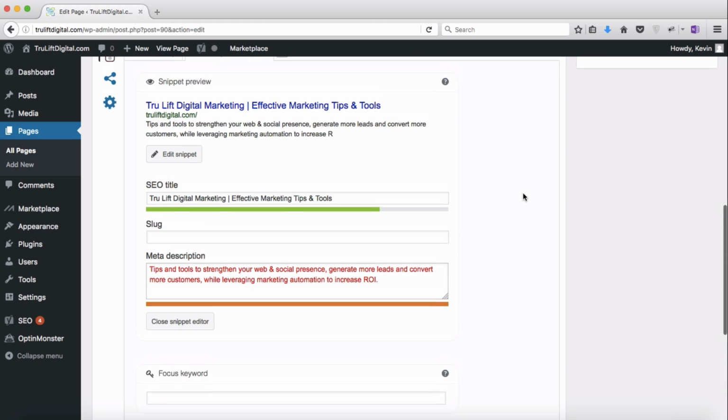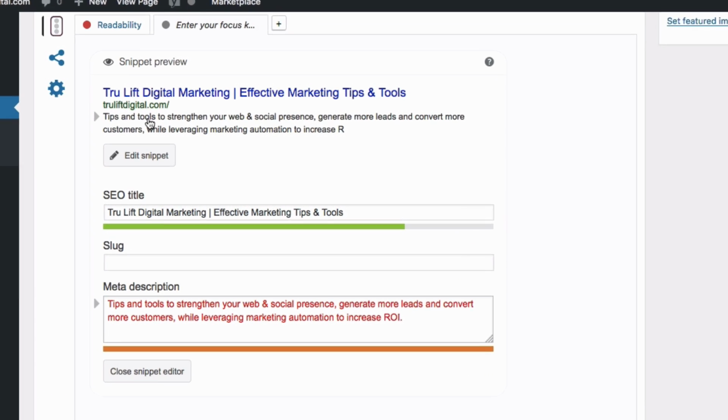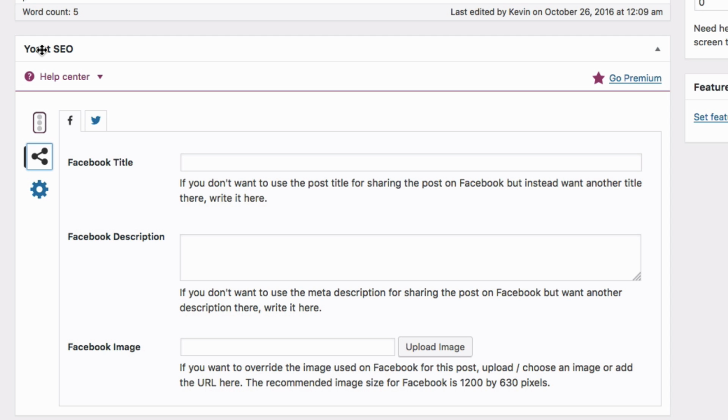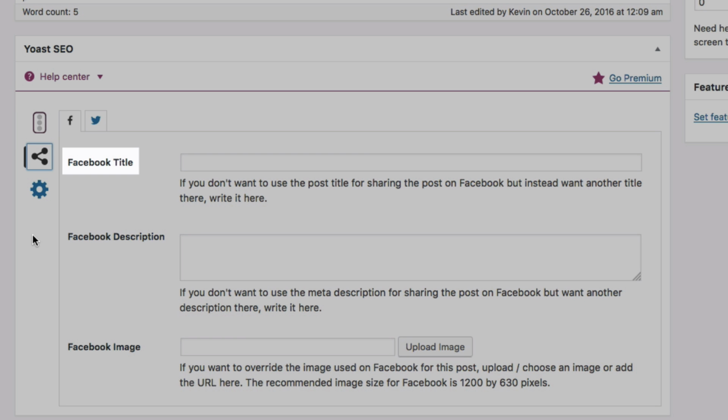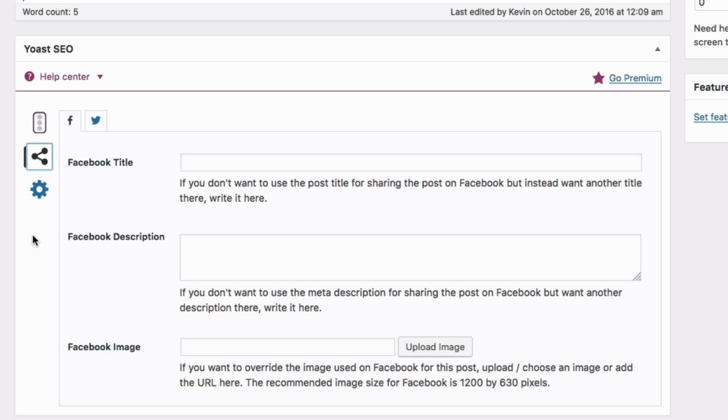Now if we go up towards the top of the meta box, if you click on the share symbol here, you have the opportunity to specifically tailor how your title, description, and images appear in both Facebook and Twitter. The reason you may do this is that while you may be happy with the way your title and description shows up when someone is searching for you in the search engines, perhaps you want to tailor how these appear,